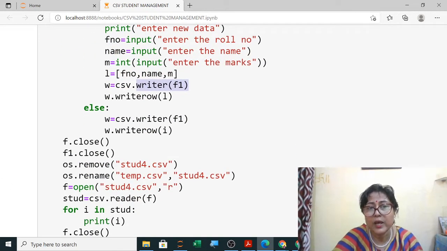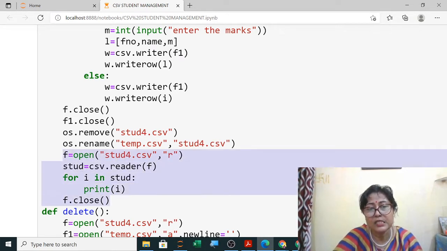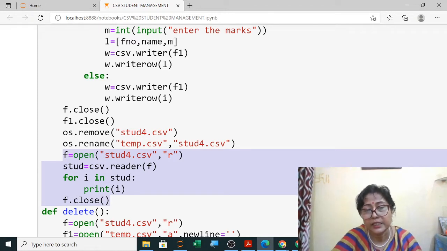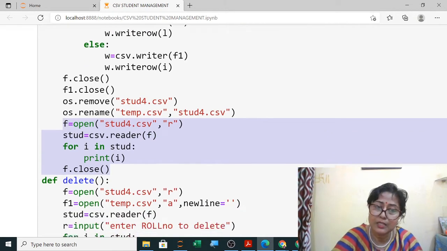Otherwise, without taking the new data, directly we will write in the second file. Now we will close the two files, remove the old file and rename the new file with the old name. Then for printing the output, same thing, to display we will open in read mode. Then we will use the reader, take one record at a time and display it.